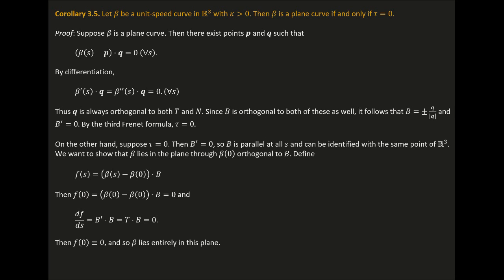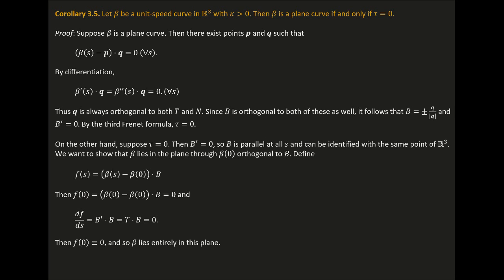Suppose the torsion tau is 0. Then immediately we know the binormal's derivative is 0. So B is parallel at all points s and can be identified with the same point of R3. So we're saying the binormal vector is always pointing in the same direction. So we will let that vector be